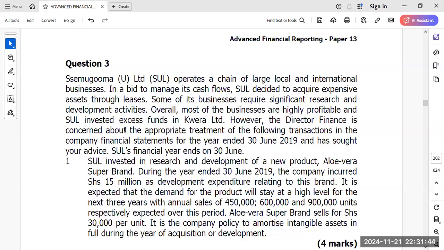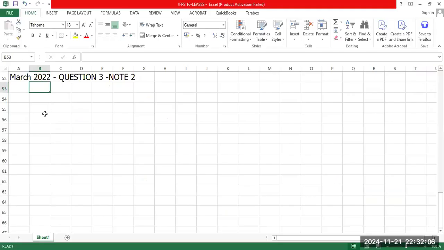However, the director is concerned about appropriate treatment and he has sought your advice. So you are writing this as advisor or consultant. At this point, you are a CPA student. Since the title is not clear, at this point we are just CPA students,